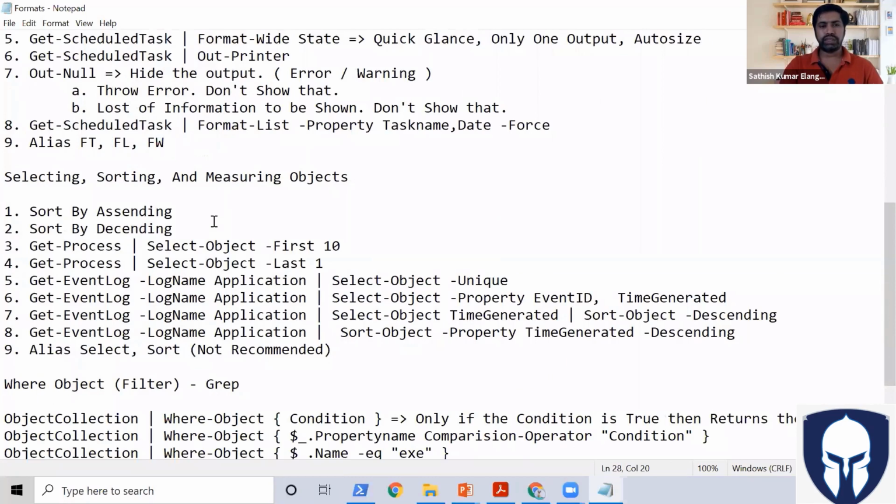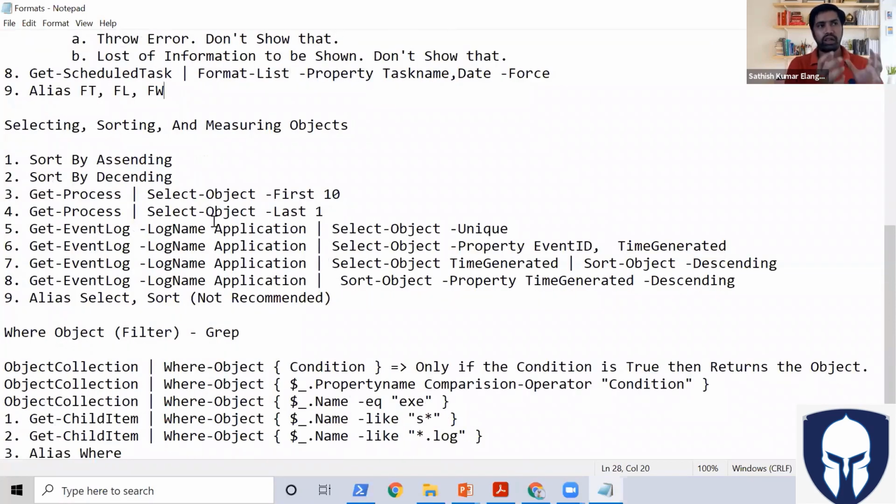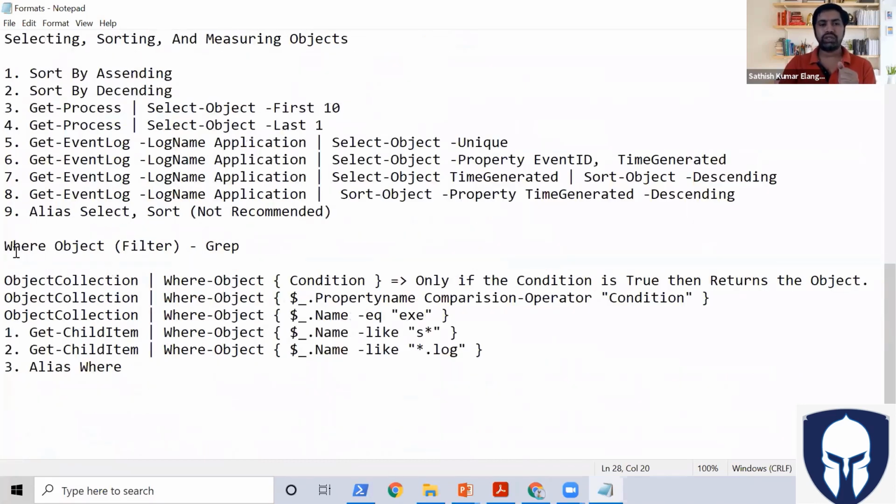We also saw that once we take all the objects, we could select them, fetch a few properties, and sort them in a particular order, descending or ascending. Then we also saw Where-Object, which is again a kind of filter. Using a condition, it will be filtering. So today we are going to see about